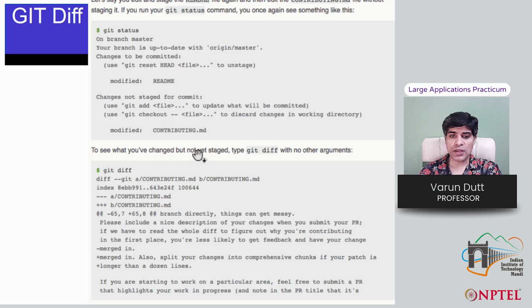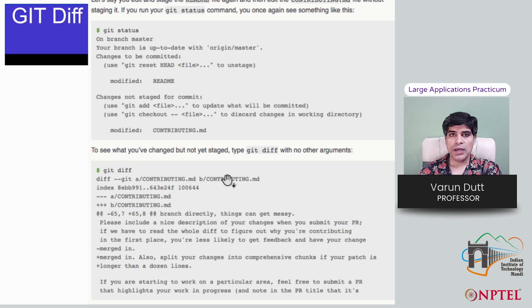To see what you changed but not yet staged, like contributing.md, you can run the git diff command with no other arguments. So you can write git diff. It will compare the contributing.md in your working folder, which has been edited but not yet committed, with the copy which exists in the repository.